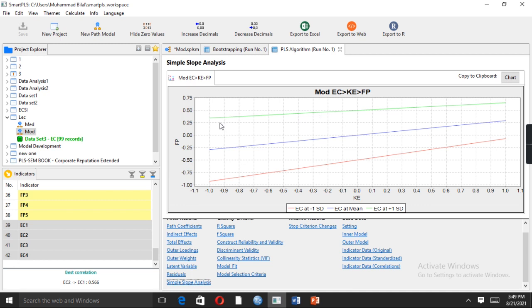If the value of the moderator variable increases one step, we can see that there is slightly or even no change in the slope.